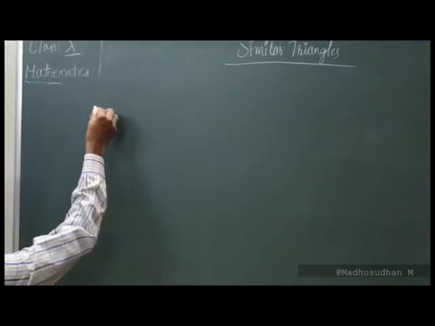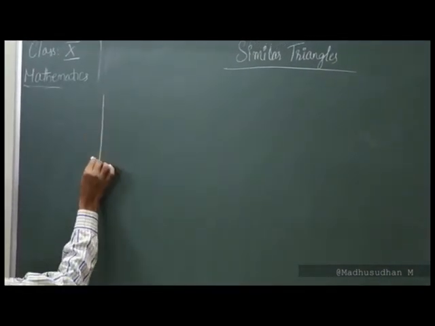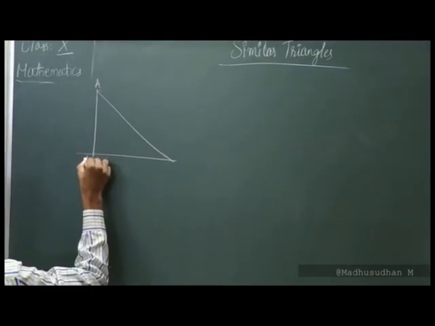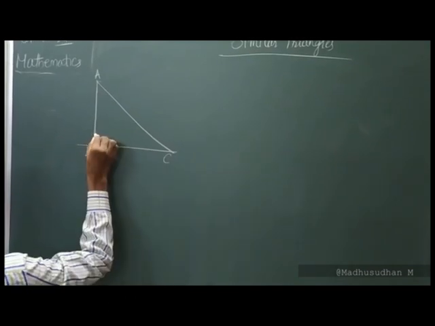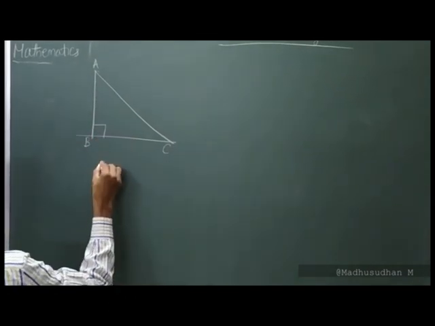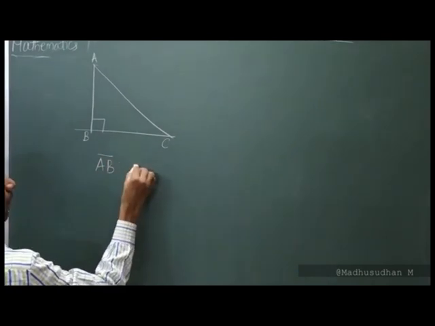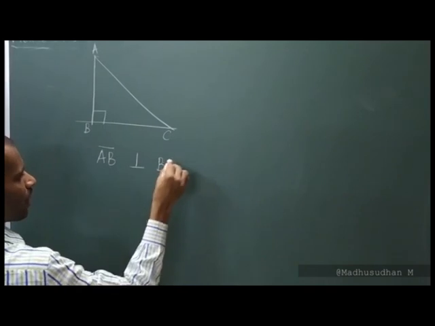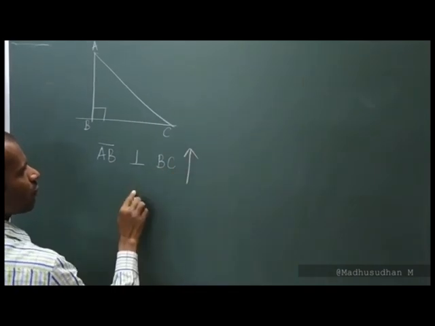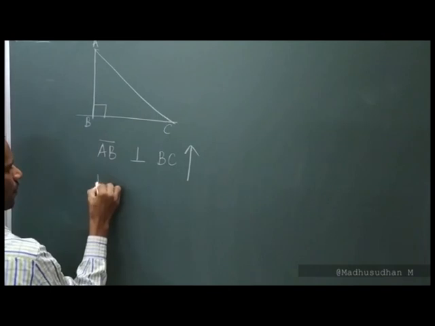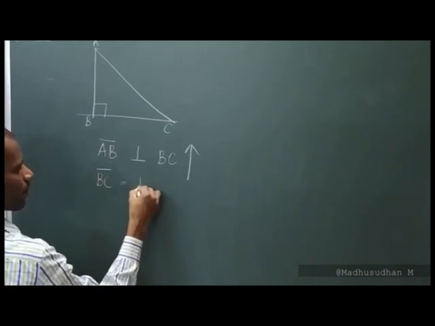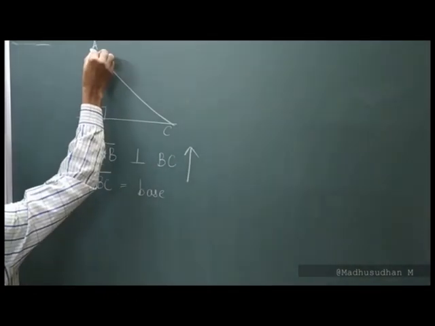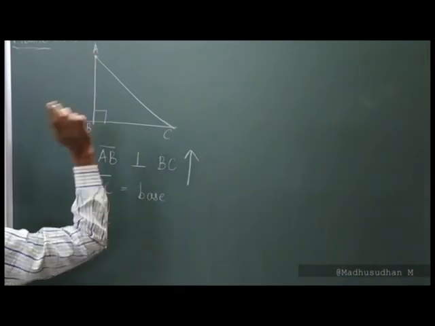So the next important topic. If I have a right angled triangle like this, let me call this A, this B and this C. So this is perpendicular, 90 degrees. So let me write AB is perpendicular to BC. Followed it. So looking from this direction, BC is equal to base, right? BC is equal to base, and which is the height now? From the top vertex, please understand, very important point.